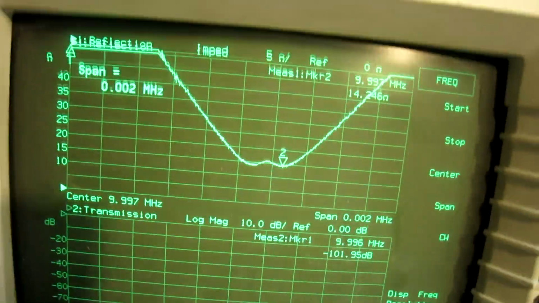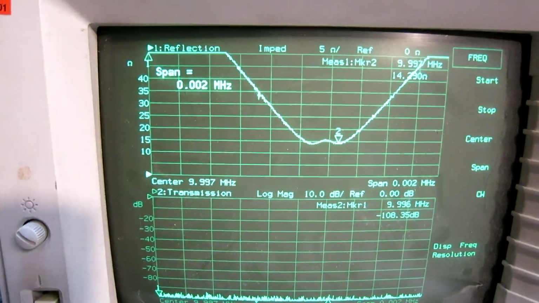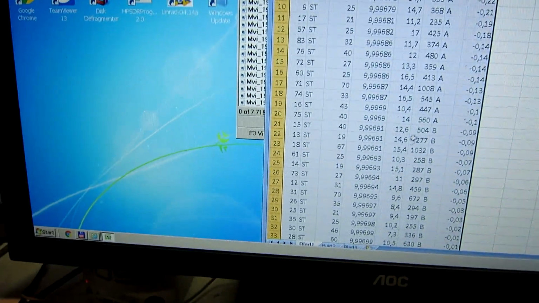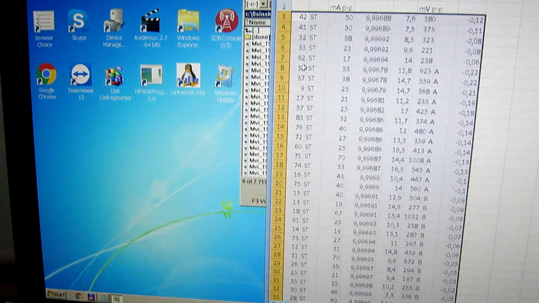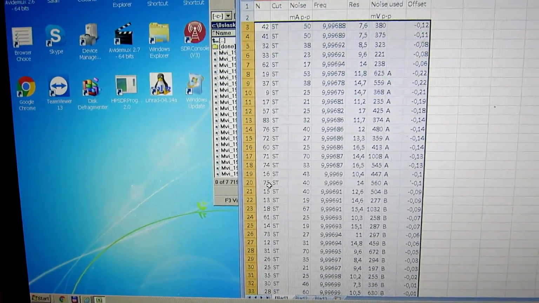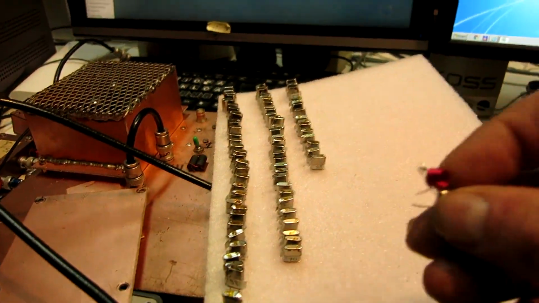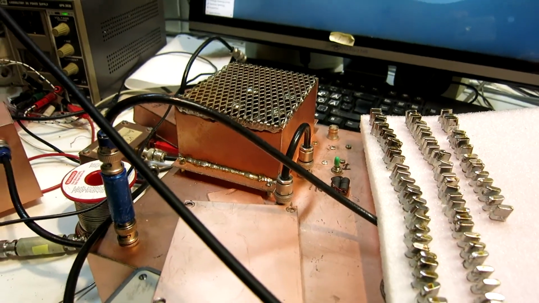As a result, when connecting the two extremes in parallel, what I see is this. It's a double minimum, and that's not what I want. I'm now looking at crystal number 19, and that is the first one in the A series. And I compare it now to number 75, which is the last one, 120 Hertz frequency separation. But I have connected a small inductor in series with that crystal. So when I put that instead here,